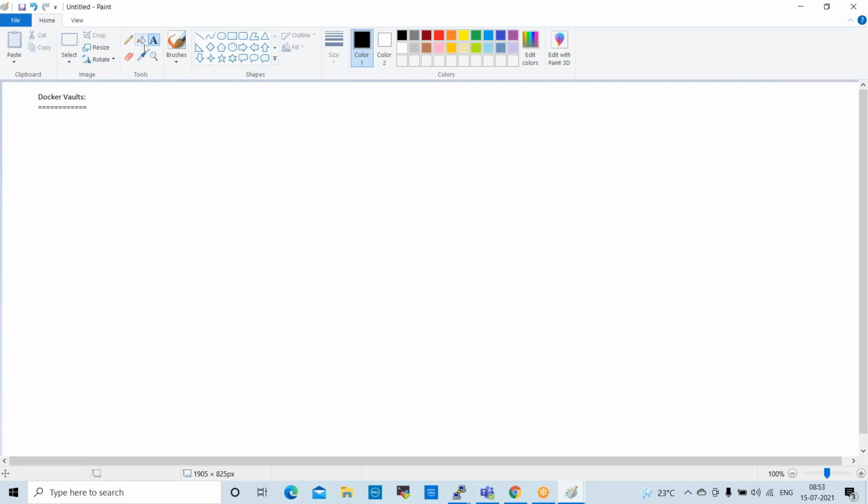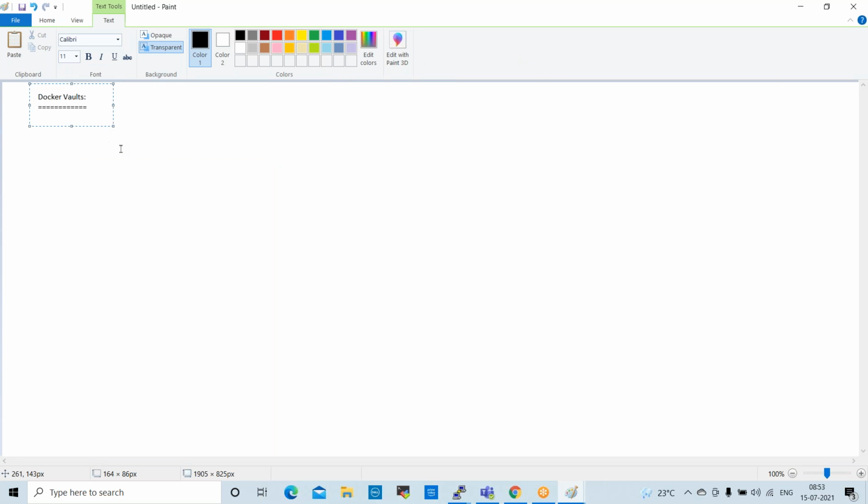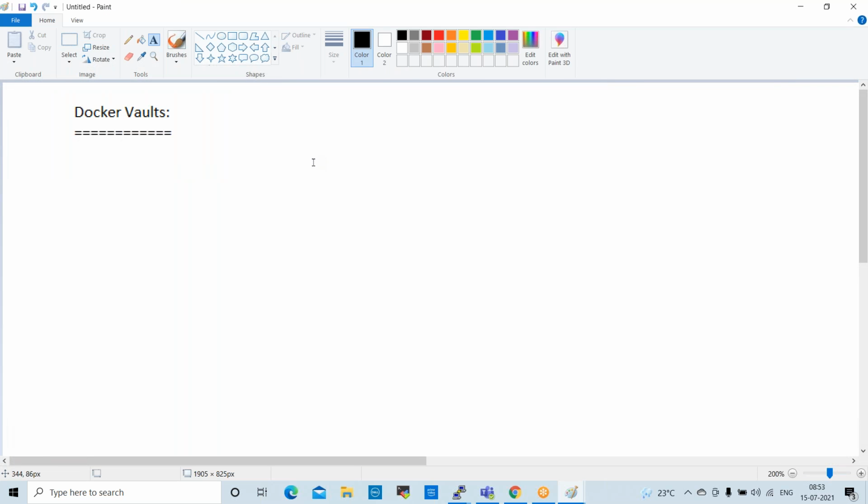We discussed Ansible vaults, right? What is Ansible vault? Secret folder. Yes, to secure our playbooks, we use vaulting. So here also it is the same concept. Docker vaults means, using Docker vaults, we can secure and protect our certificates, APIs, and passwords like that. It is a tool from the HashiCorp organization for securing and storing your passwords, secrets, and API certificates.